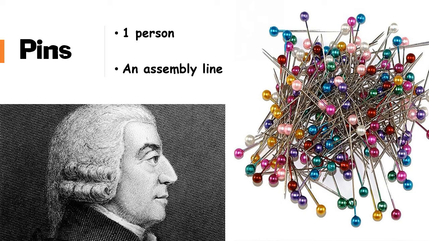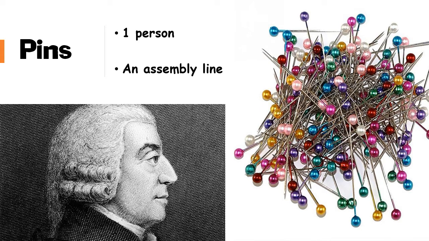But what you can do is what we call the division of labor. So you can start an assembly line. You can start a pin factory. And in the pin factory, you split up all the tasks. So instead of one craftsman doing all of this work, your job might be stretch out the wire. And that's all you do all day long is stretch out wire, stretch out wire, stretch out wire. Somebody else marks the wire where it needs to get cut, and that's all you do is you sit there and you mark and you mark and you mark. Somebody else cuts.